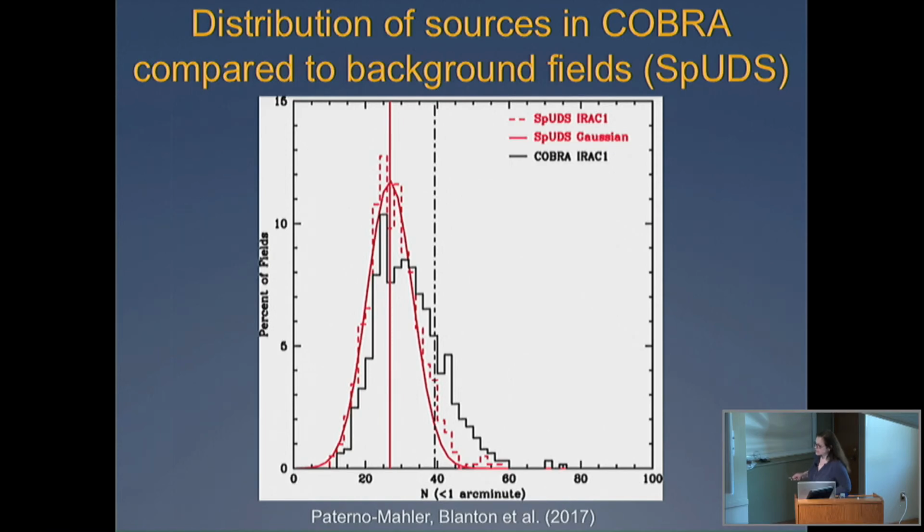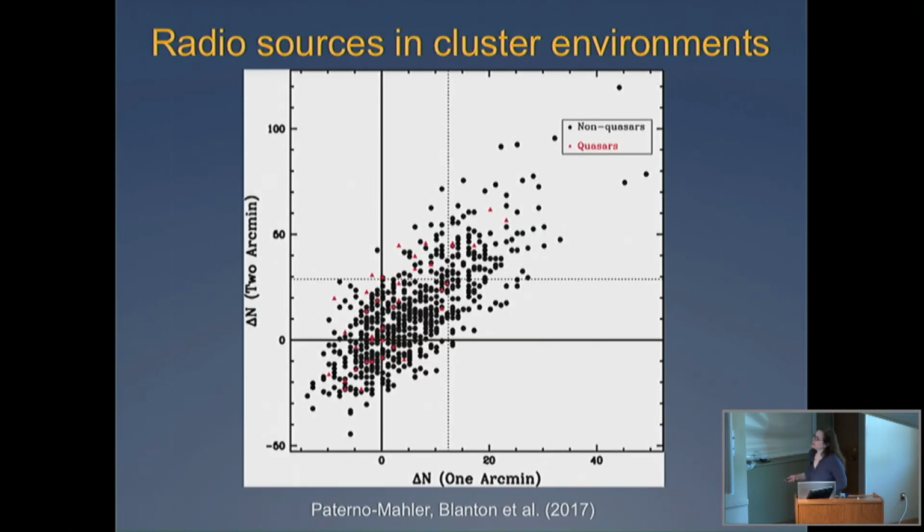They have an excess of galaxies within an arc minute compared to what you would just get randomly. Okay, so that's saying it's not like all of our fields are really rich clusters. You can see that there. Here's another way of looking at it. It's looking at the number of sources within a 1 arc minute radius or the number of sources within a 2 arc minute radius. Okay, so something above 0, that's a positive number of galaxies. So most of them are above the background. This would be a line showing the more significant couple sigma level.